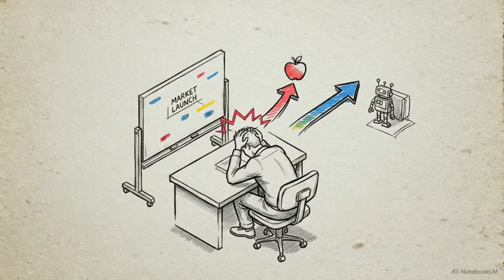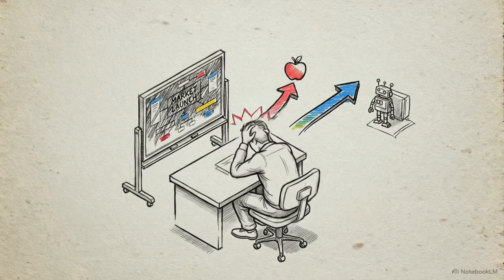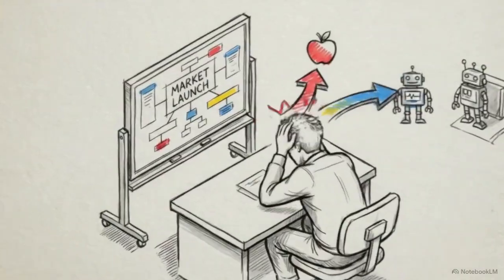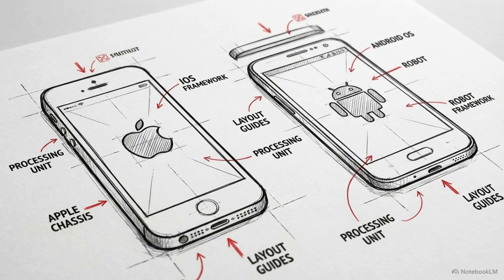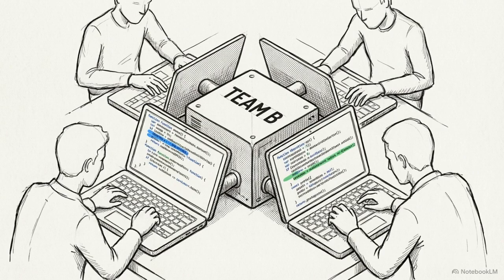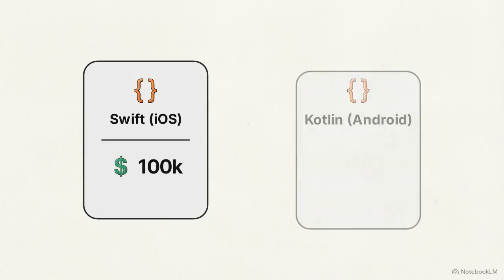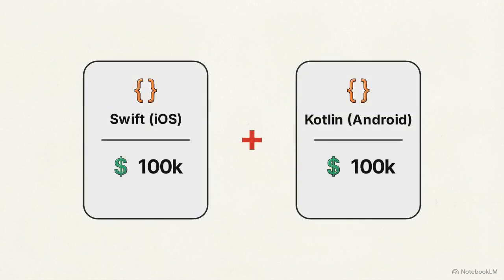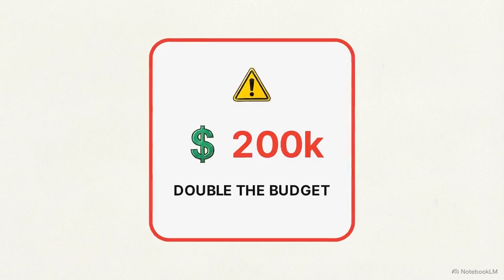If you want to launch a mobile app to the entire market, you immediately run into a friction point. Apple and Google do not share an ecosystem. You have to split your focus and build two completely separate products. Going the traditional, native route means hiring one team to write Swift for iOS and a second team to write Kotlin for Android. You are managing two distinct programming languages and effectively doubling your initial development budget before writing a